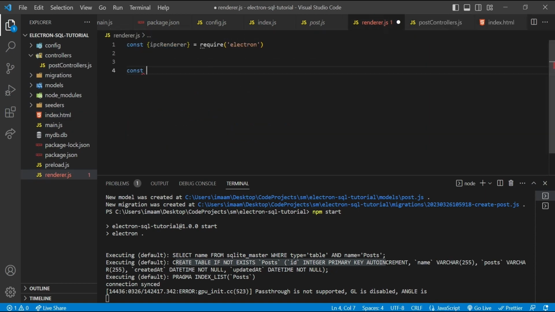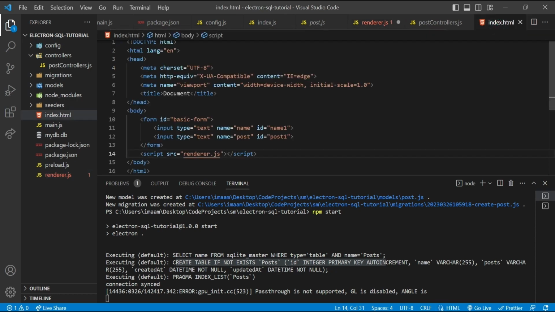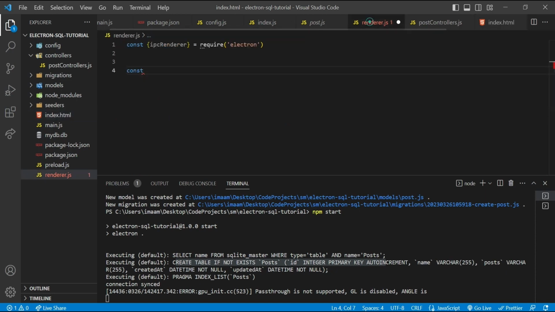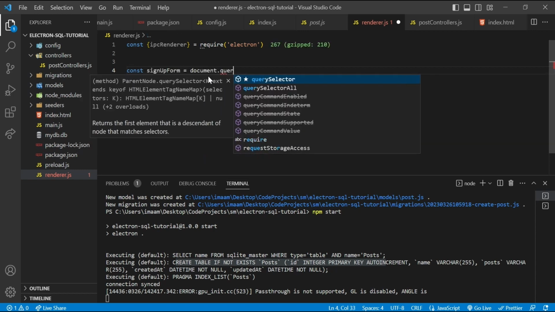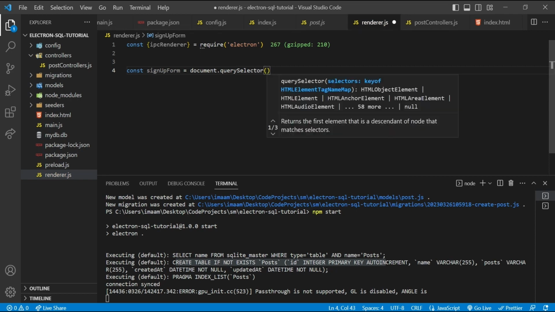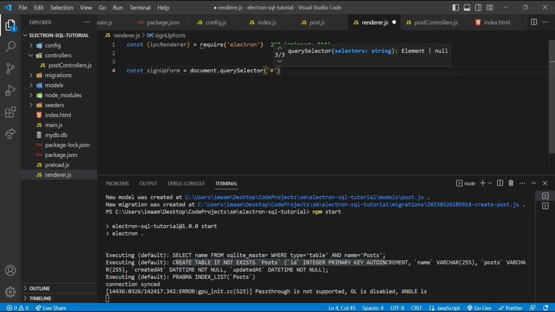So now all we need to do is basically get our form from the index.html, and let's copy this ID, go back, say signUpForm equals document.querySelector, and then our ID. Basically, now that we have our sign up form,